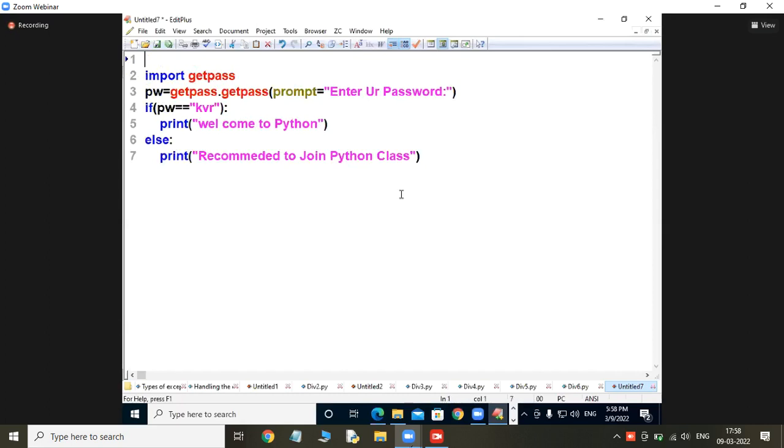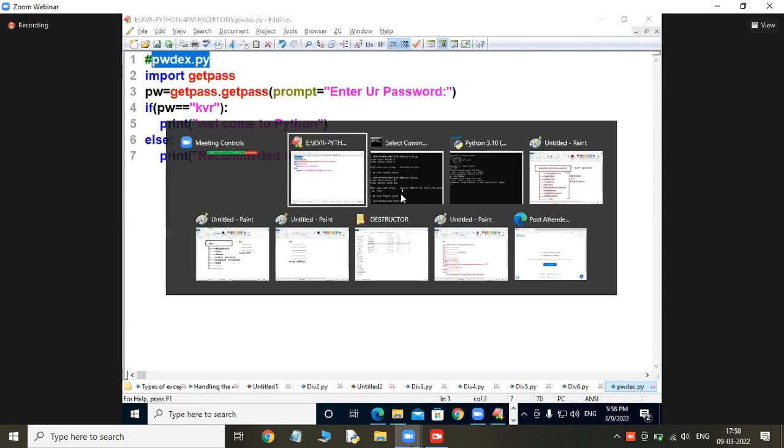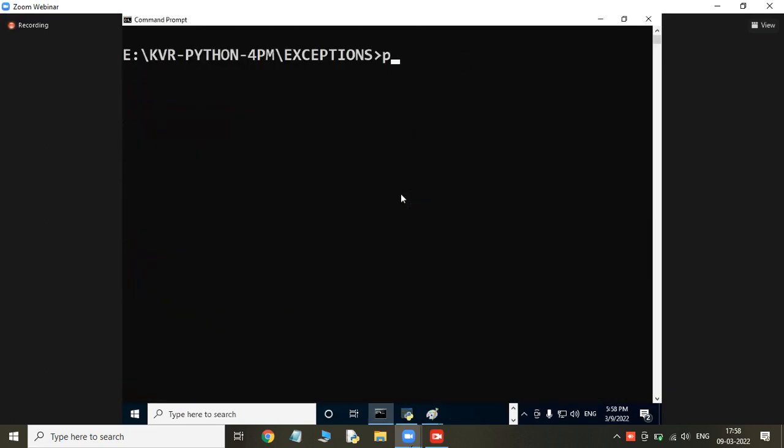Start. Now run pwd example.py. Enter your password. From my keyboard, I am typing KVR, but nothing is shown. Don't look at me.